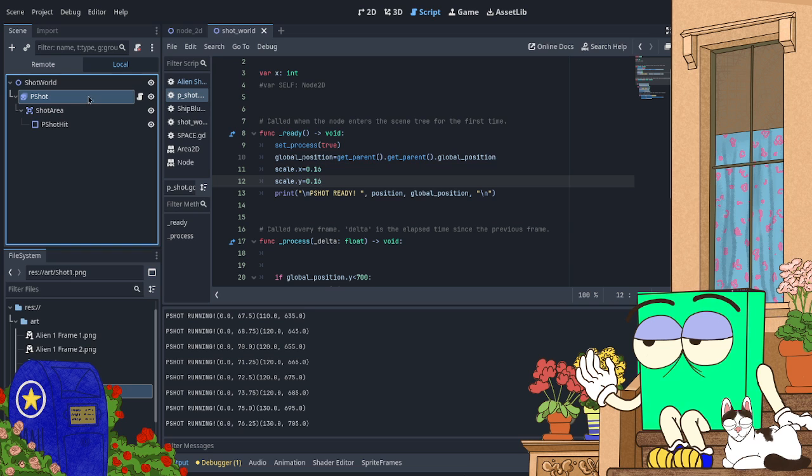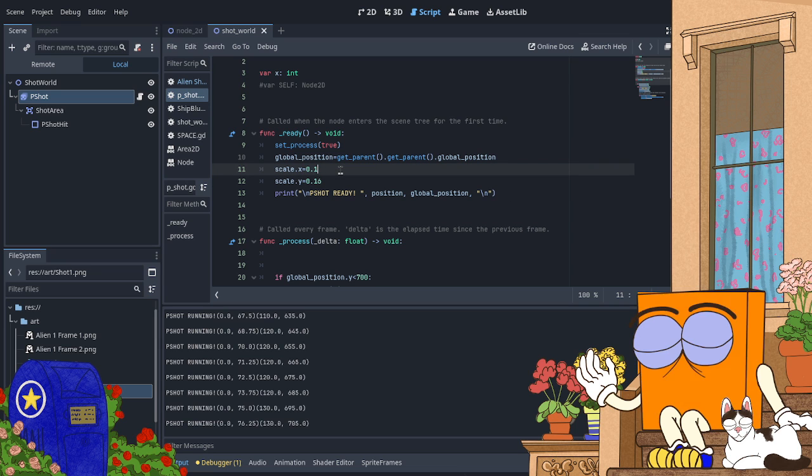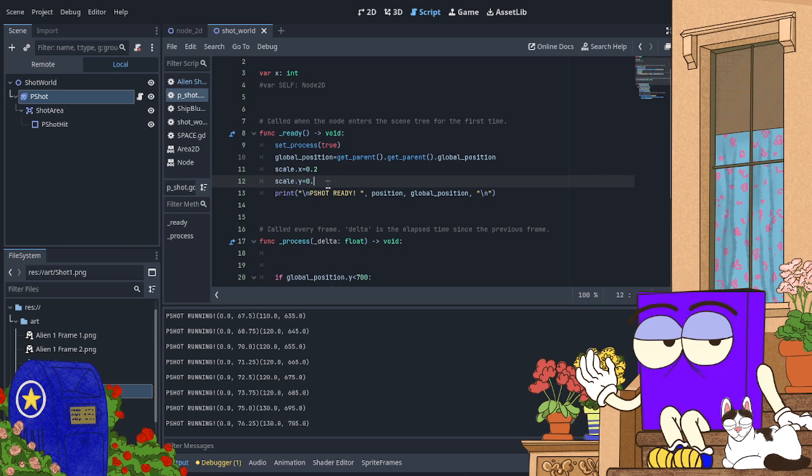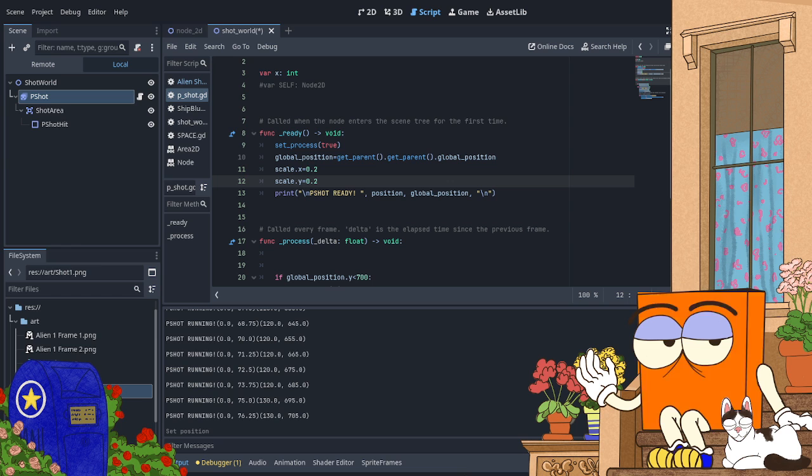Check P shot. Two. Let me set the default to 200, 900, so it starts off screen.